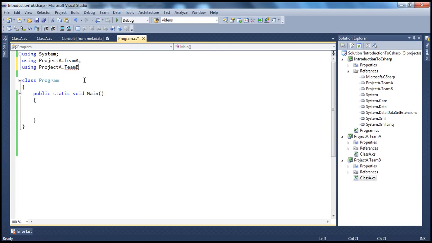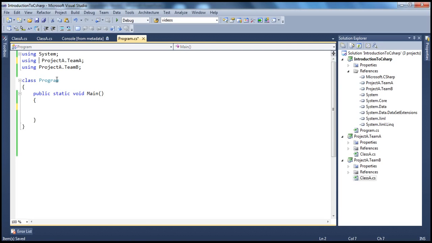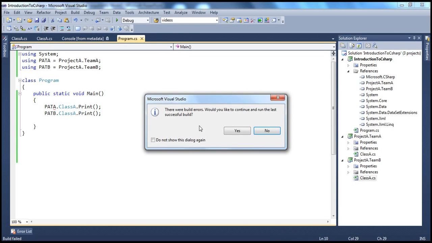So team B, and obviously we'll have the same issue again if I say class A, because that's an ambiguous name. So it's better to either use a fully qualified name or a namespace alias. So PATA equals that, PATB, project A team B is that. So if I want to use project A team A's class, then I can say PATA dot class A dot print, and similarly PATB dot class A dot print. So if we go ahead and run this, both team A and team B print method will be called, but